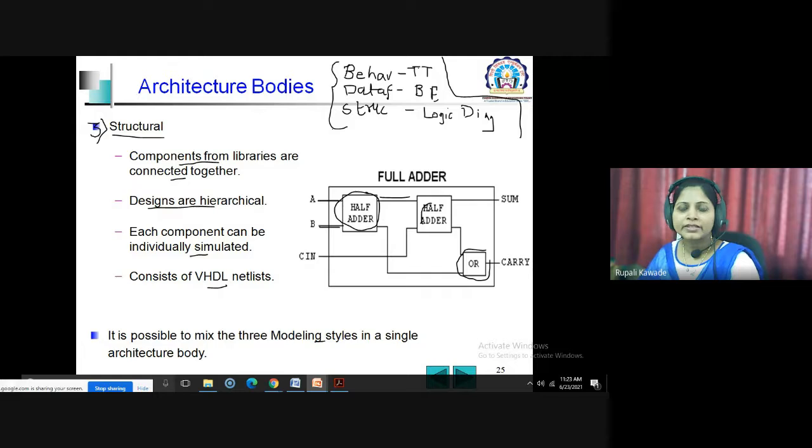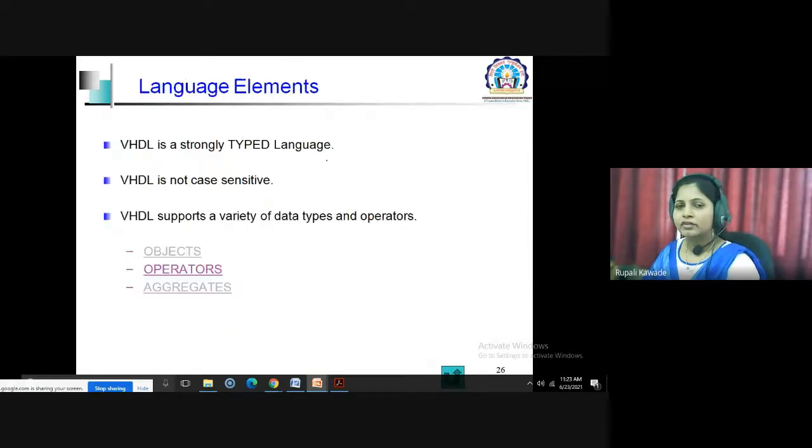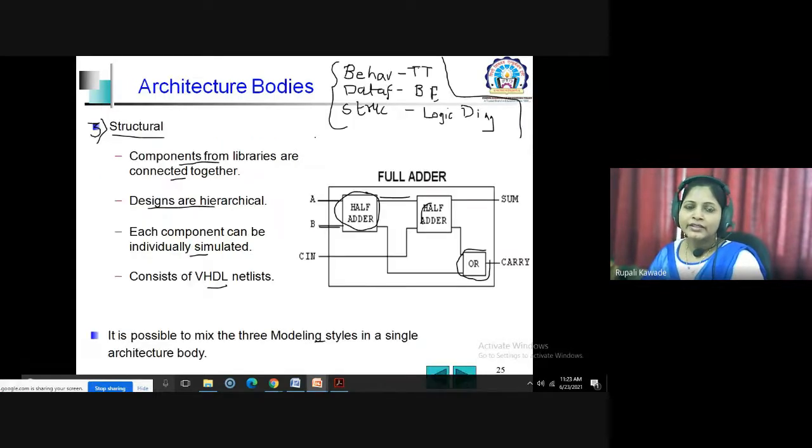So these are the basics of the different modeling styles we use to define the functionality of our digital design: behavioral, data flow, and structural. I'm going to show you examples of all these three codes. We have already seen the AND gate, so I will show you how we do it and execute those codes using Xilinx.